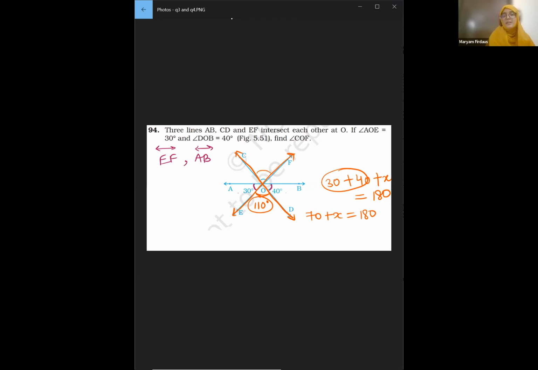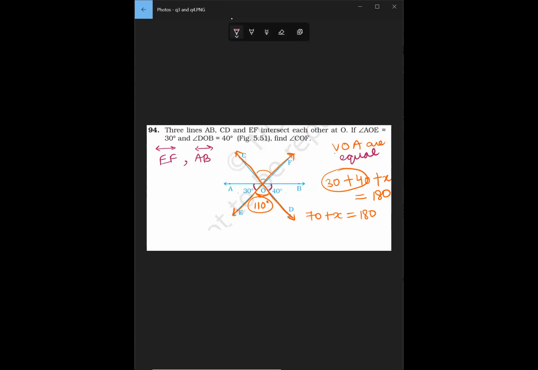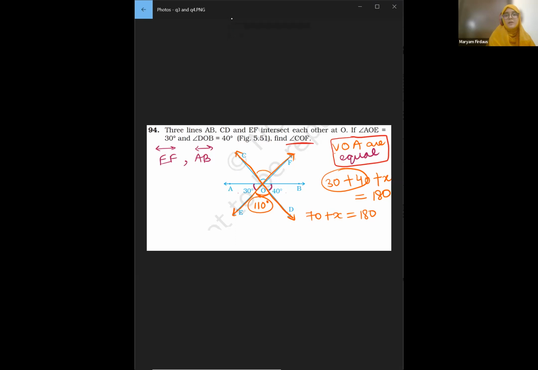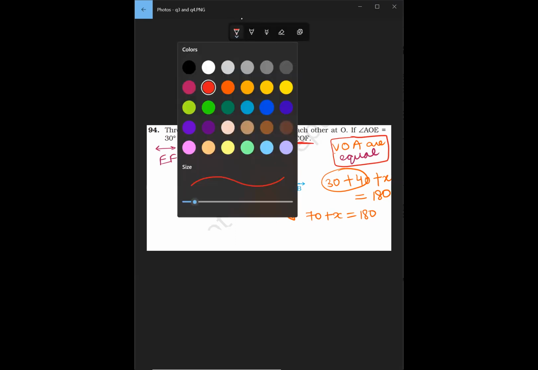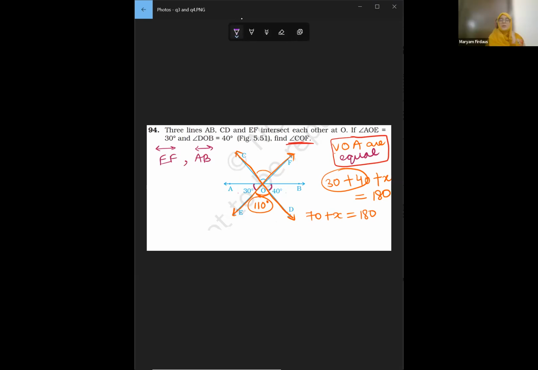So if they are vertically opposite angles, then they will be, vertically opposite angles are equal. Remember? Oh yeah, I remember. Yes. Don't forget this, okay? This is a very important result. So this will also be angle COF. They've asked you to find angle COF. What will it be? Angle COF will be